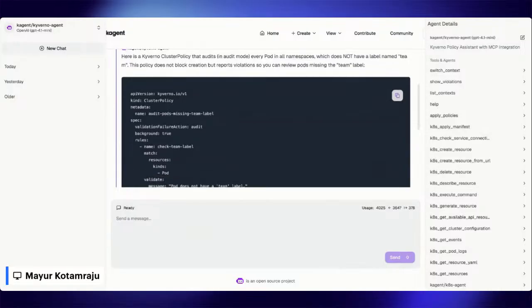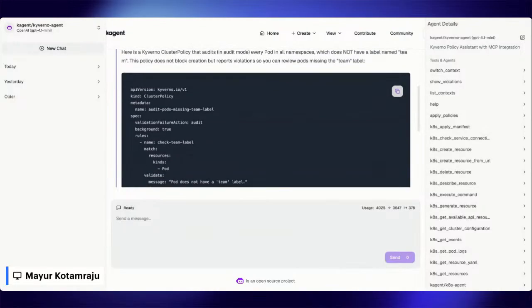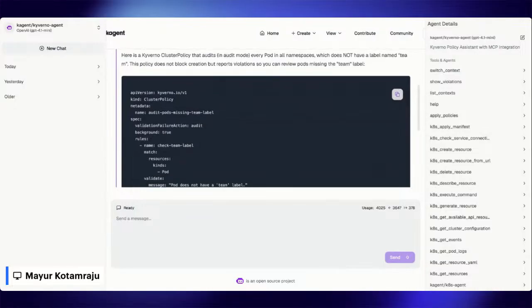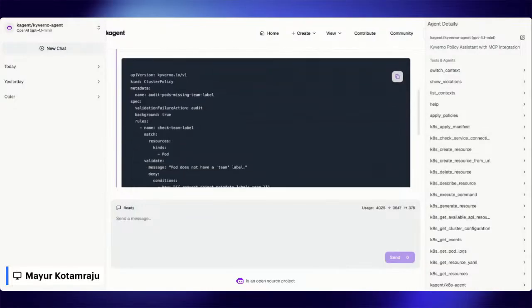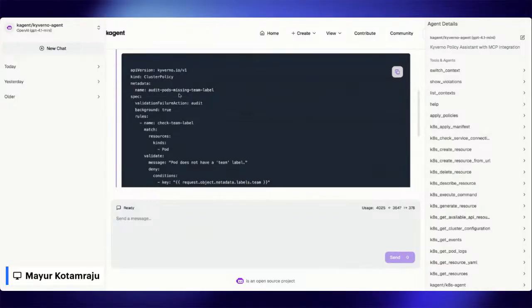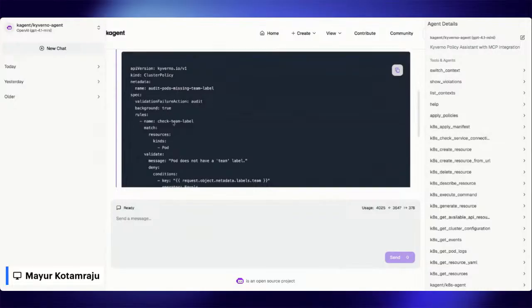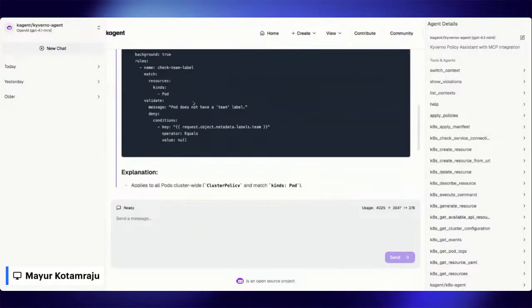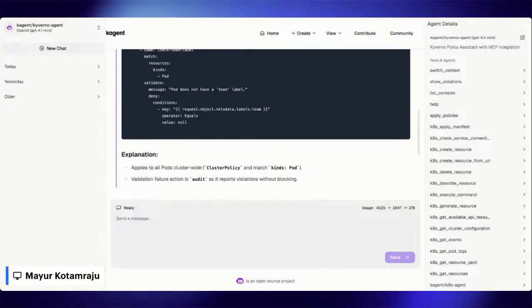So yes. Okay, perfect. So here you can see, because of the agent instructions, how I asked it to generate, it generated me the policy that I was looking for. You can see it's an audit. I asked it in the background. So audit means that you will still deploy, it won't enforce it, but it'll know if a violation happens, it'll let me know. It's running in the background and it's giving me all that I asked for, like a clear YAML with the intent I asked.